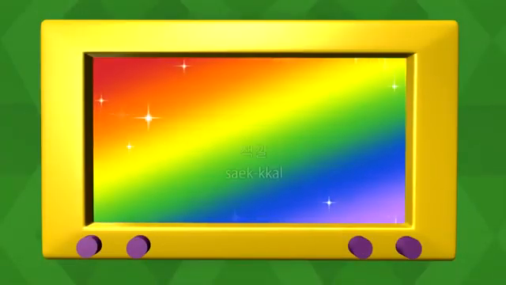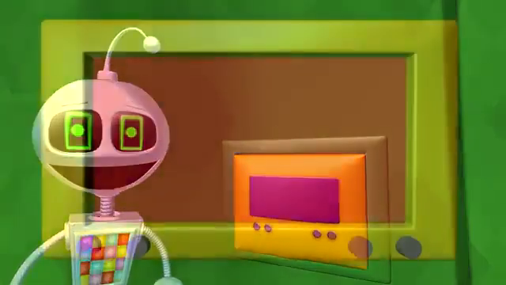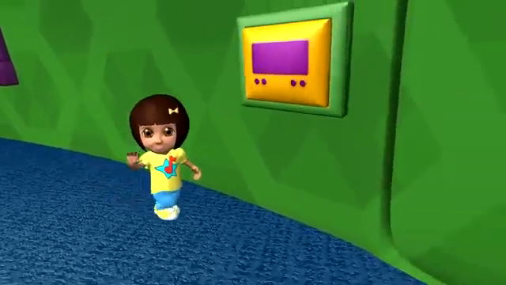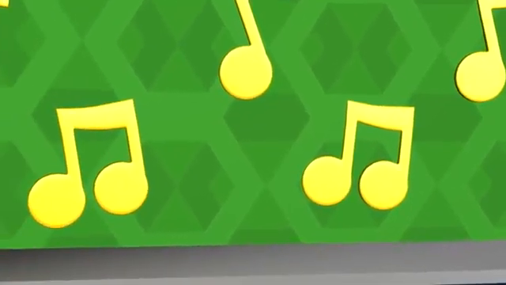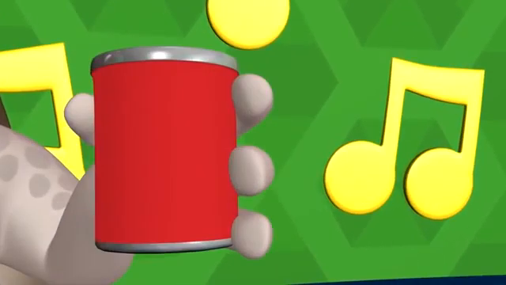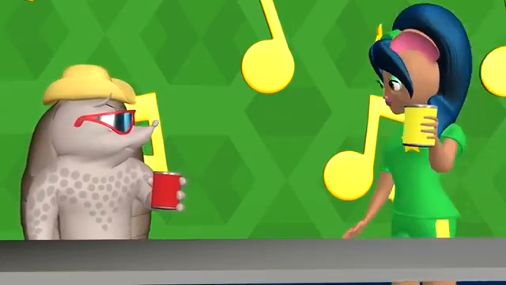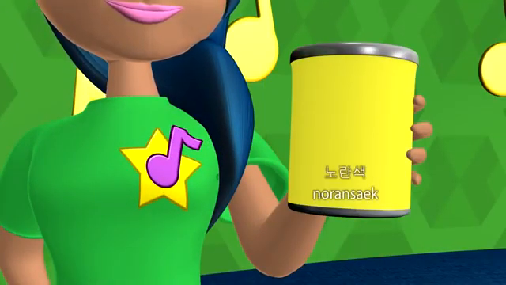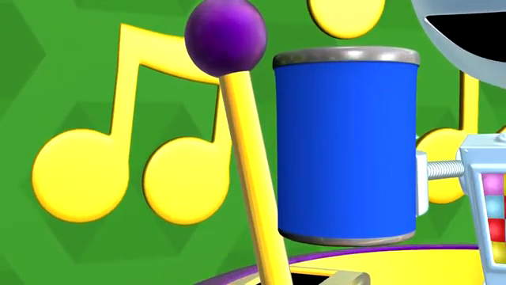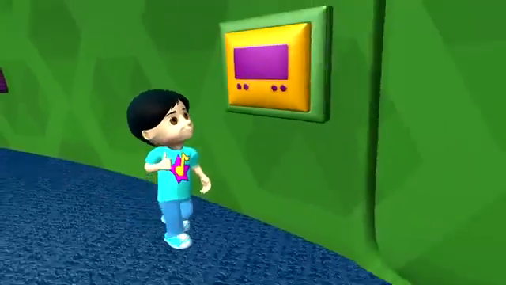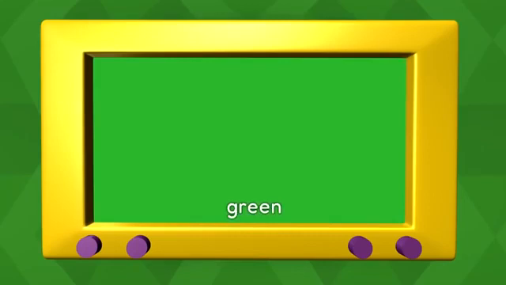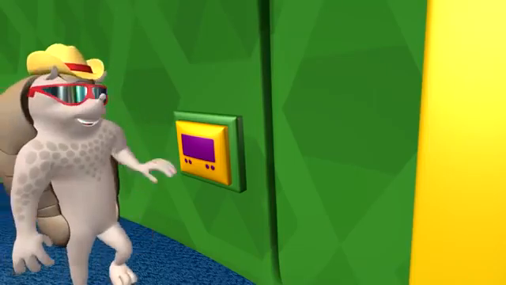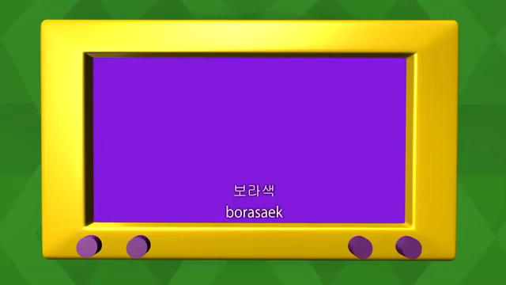The colors. 색깔, Red. 빨간색, Yellow. 노란색, Blue. 파란색, Red. 빨간색, Yellow. 노란색, Blue. 파란색, Orange. 오렌지색, Green. 초록색, Purple. 보라색,